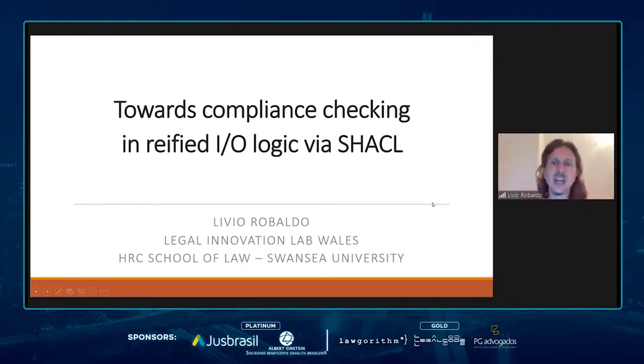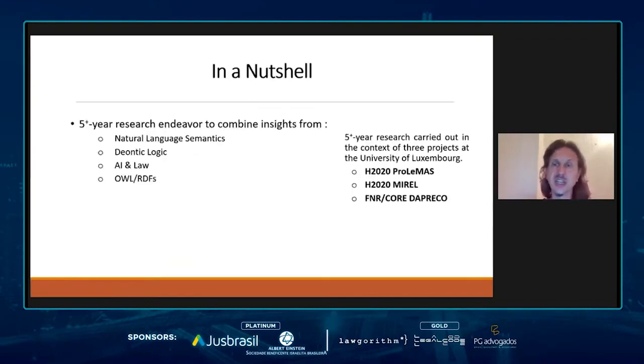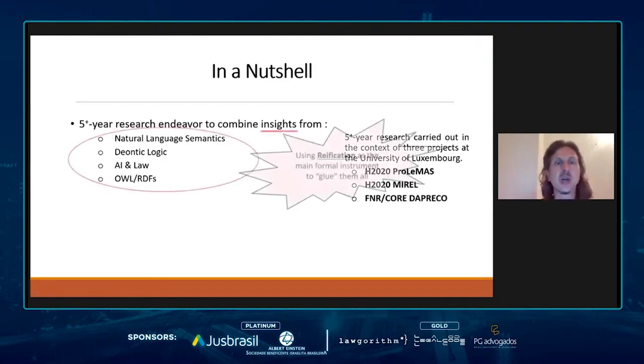In this paper, I'm trying to present an approach to use reified input-output logic for compliance checking via SHACL. And actually, this is only the tail of a research endeavor that I've been carrying out for more than 5 years. I started at the University of Luxembourg in order to combine natural language semantics, deontic logic, artificial intelligence